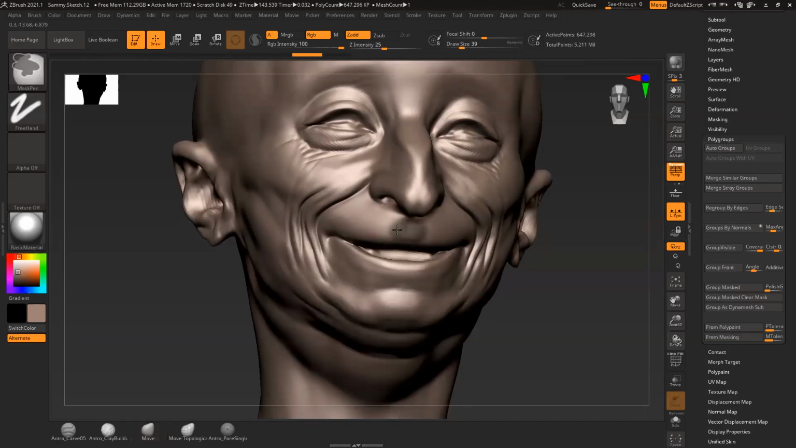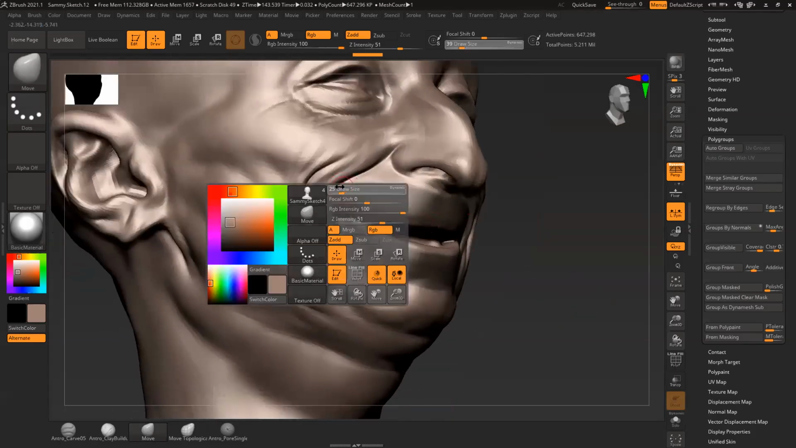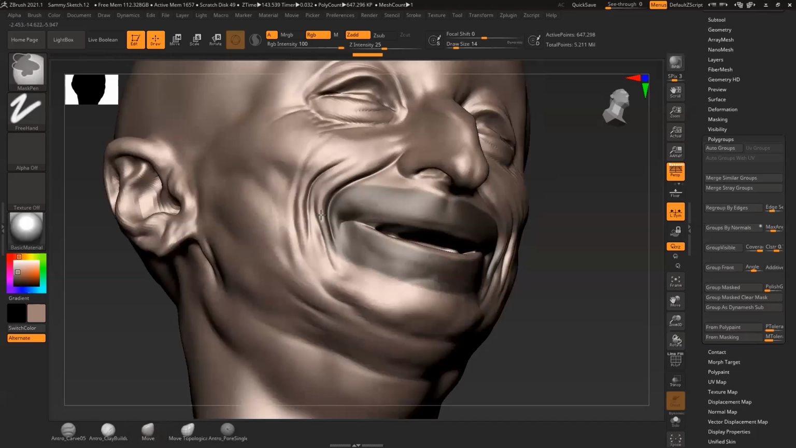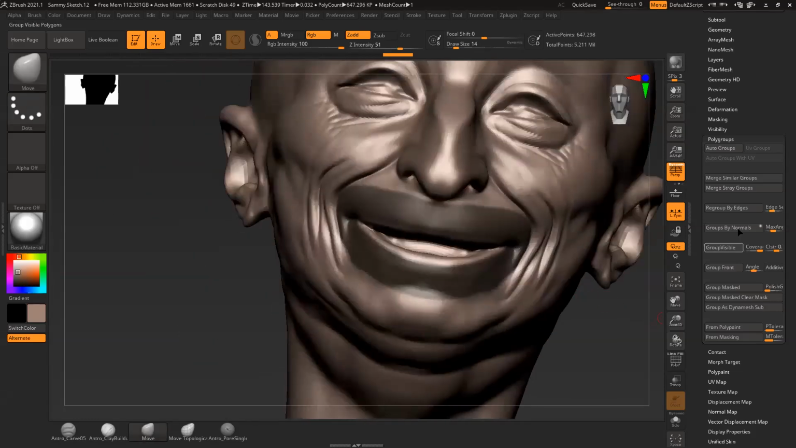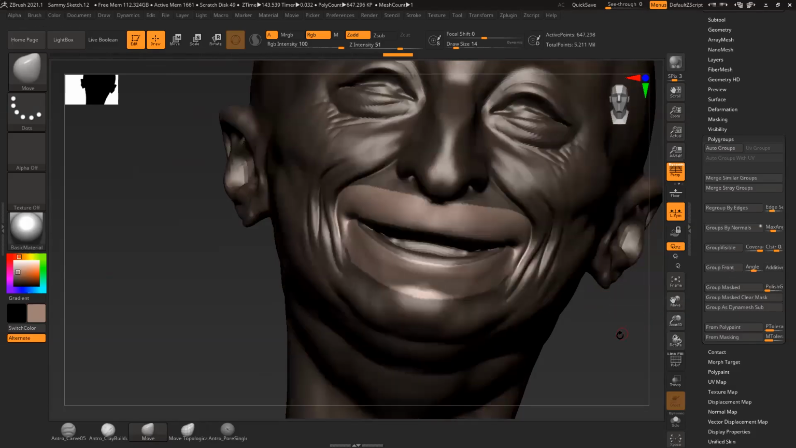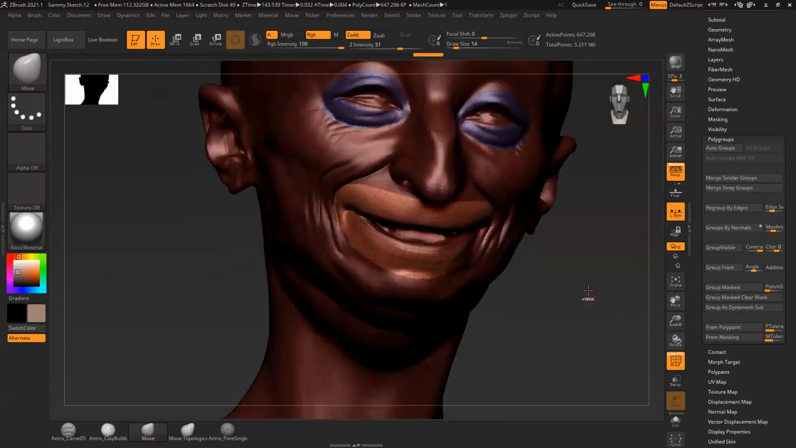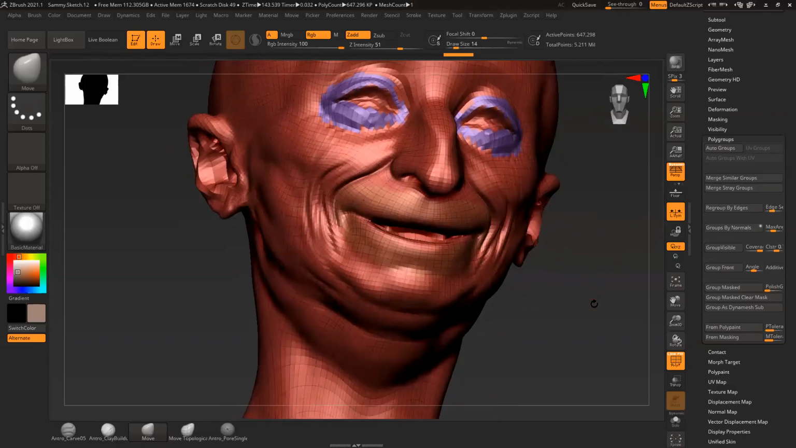Let's see. It's a little bit harder sometimes when you have a forced pose already. In this case, I already have a pose in there. But let's just see what ZBrush does with that. Let's just erase that. You do the same thing. You can go to your group mask, right? And then every time you create a different color in there,